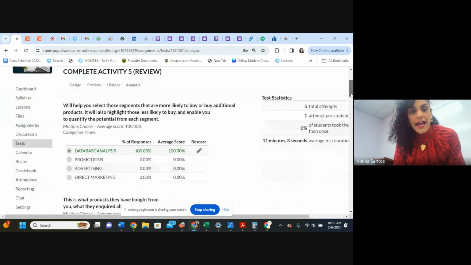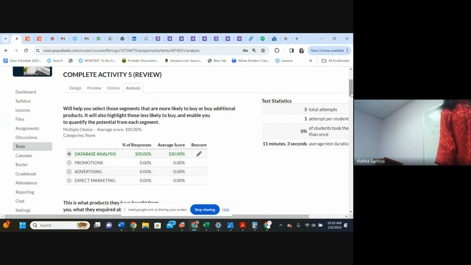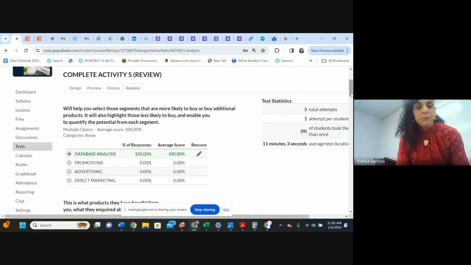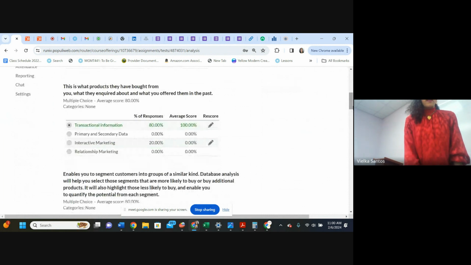Okay. Database analysis, look at the green. Database analysis helps you to select the segments more likely to buy additional products, etc. The information, data analysis. Here, Siva was right when she said transactional. I guess that was Eva.